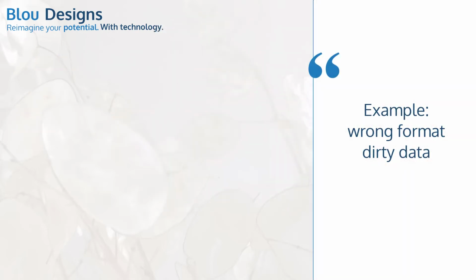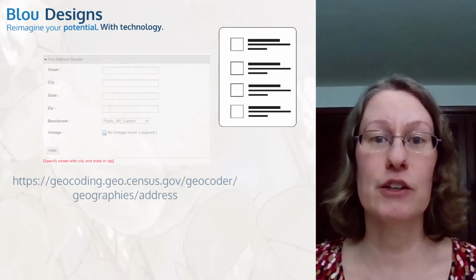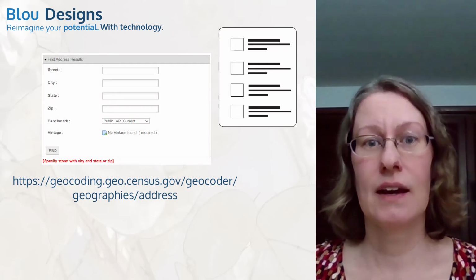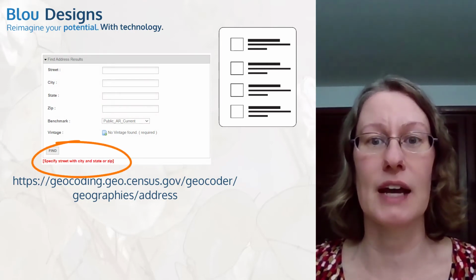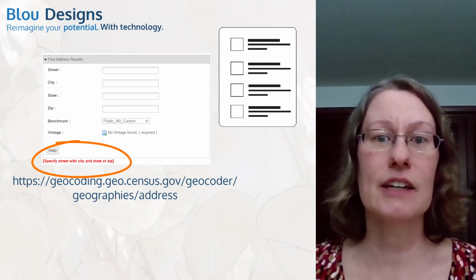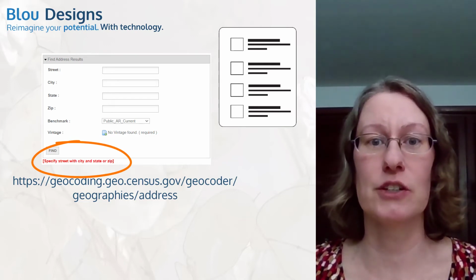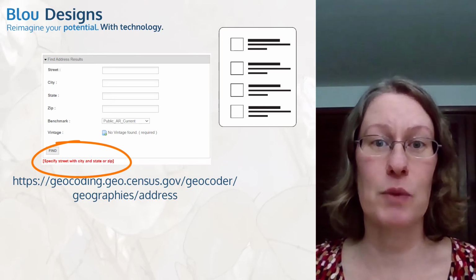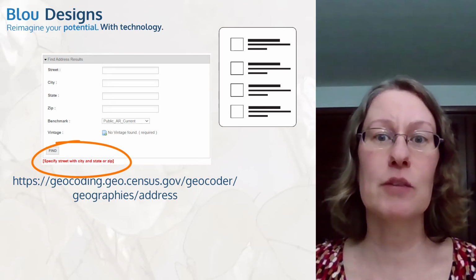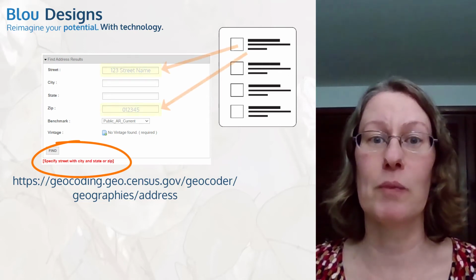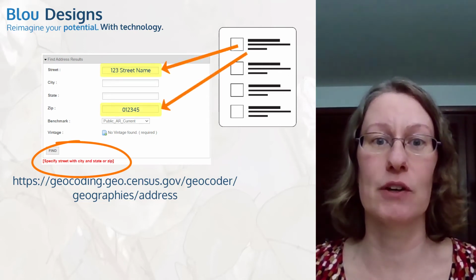What if you're using your address list to match up to someone else's database, like U.S. Census tracts? That requires that you can enter an address following the U.S. Census Bureau's address format so that they can return the census tract information you need. To foster this process, if you know you need to use addresses in this way, you can make sure that your address information will map cleanly to the U.S. Census Bureau's form fields.